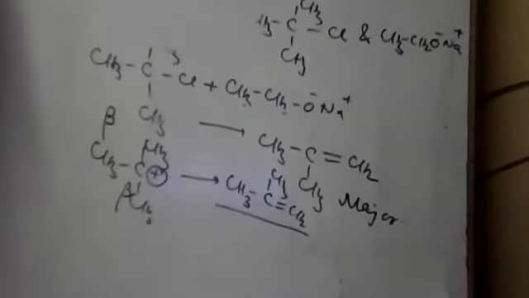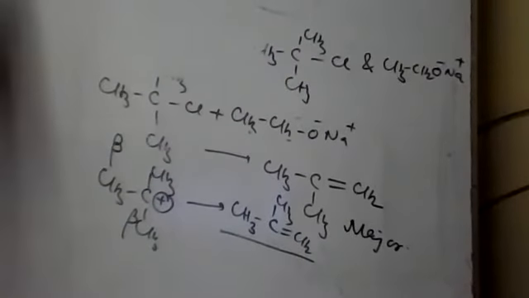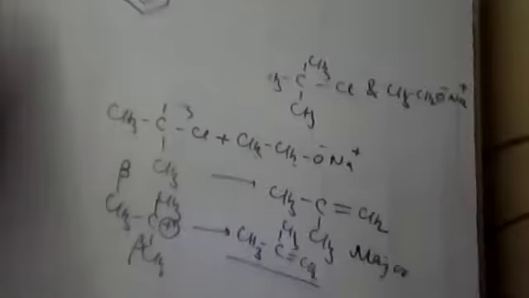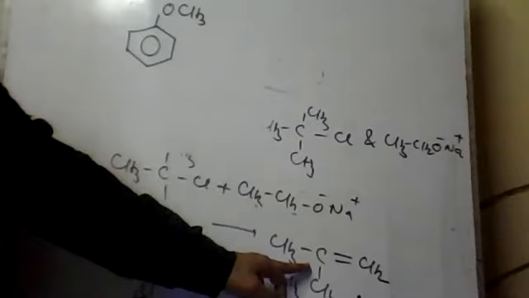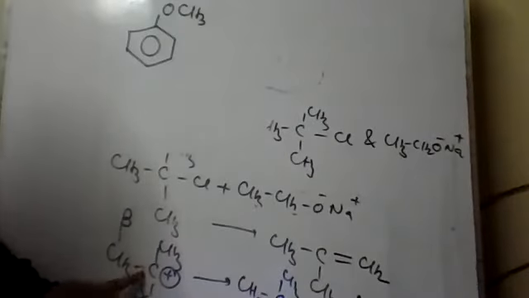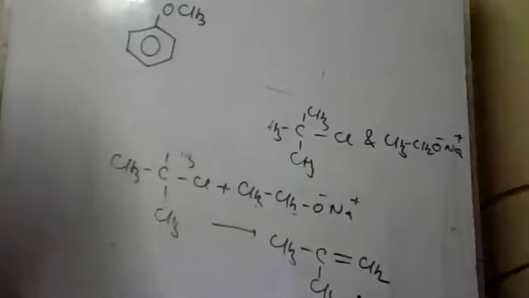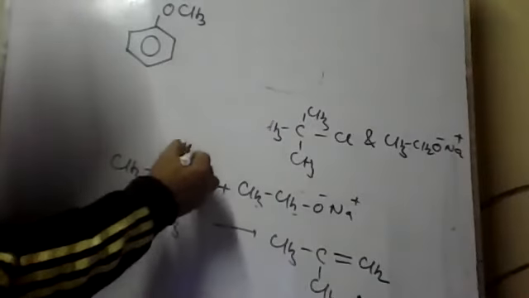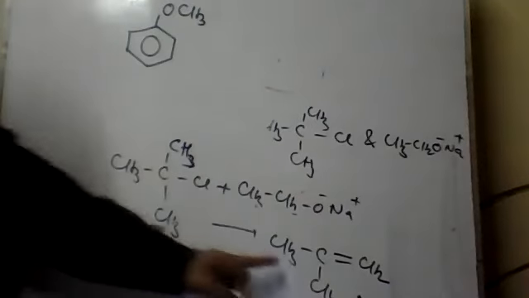This one you have noted, na? Hello, Riddhi, Devapriya, Yaslin, Akash. Sir, is the upper one the major product? This one is the major product. I have just shown that beta elimination will take place, because here carbocation is formed and beta elimination will take place. This carbocation is very stable. This is the major product.